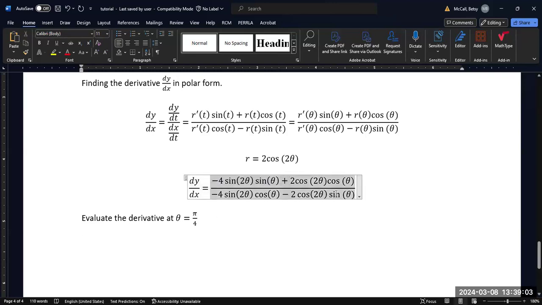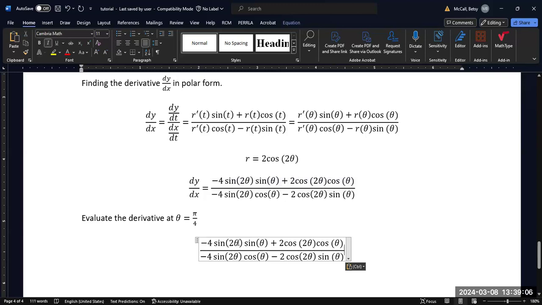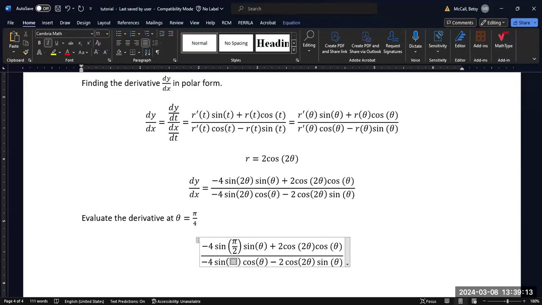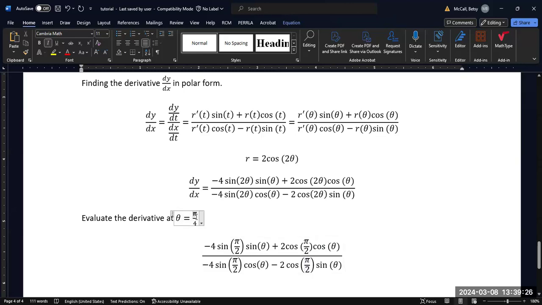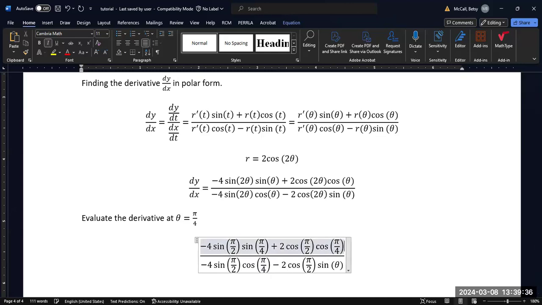Then our function would become pi over 2 in each of the 2 theta terms, and pi over 4 in each of the theta terms. And if we evaluate that,